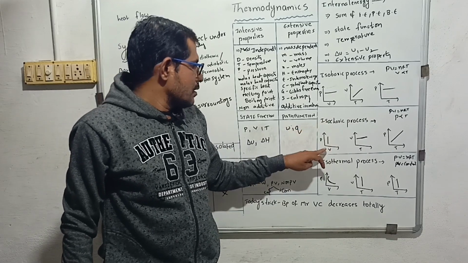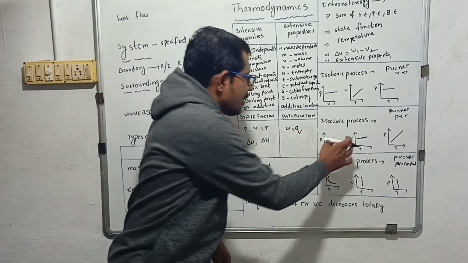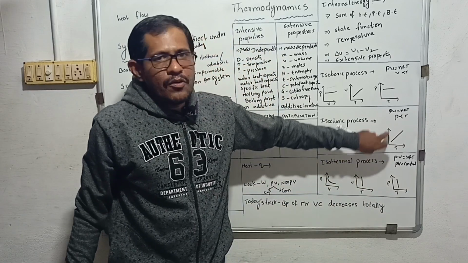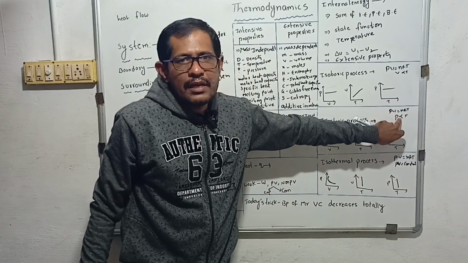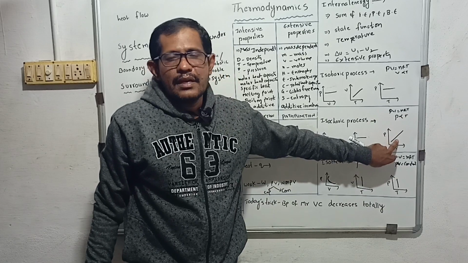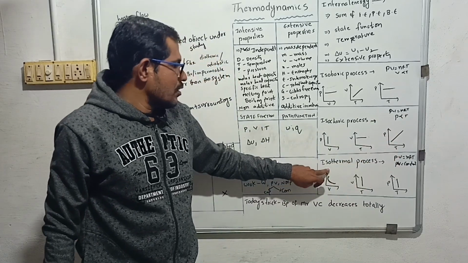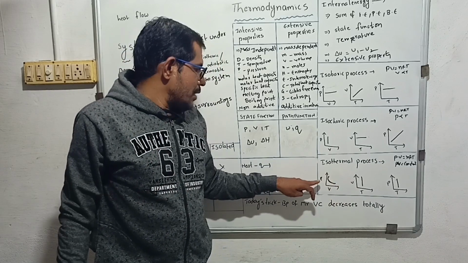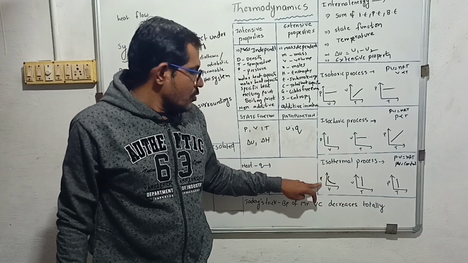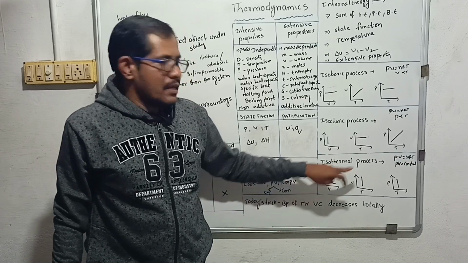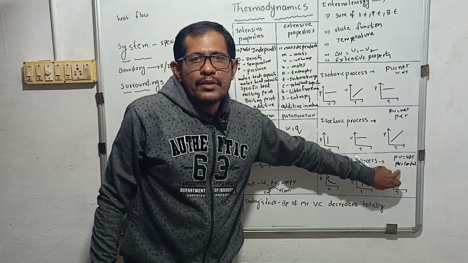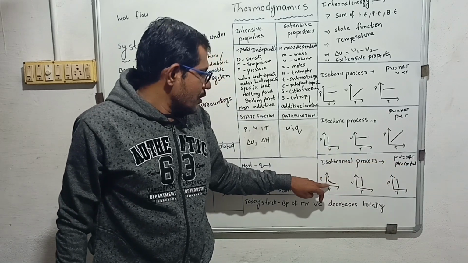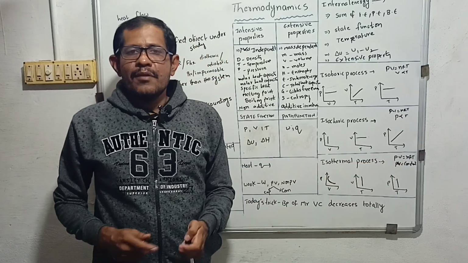Next, isochoric process, wherever V is there, a straight line will come, right? Wherever V is there, a straight line will come. If V is not there, go to the ideal gas equation. If proportionality is there, then the graph will come like this. Next, isothermal process means wherever temperature is there, a straight line will come. If temperature is not there, other than temperature, the P and V terms are there, then go for the ideal gas equation. If you analyze the equation, PV equal to constant will come. If PV equal to constant, the graph will come like this.